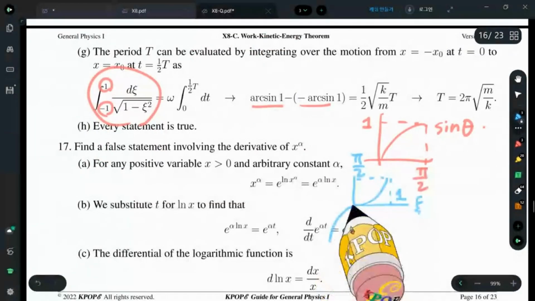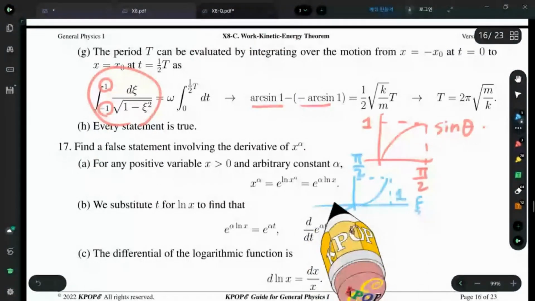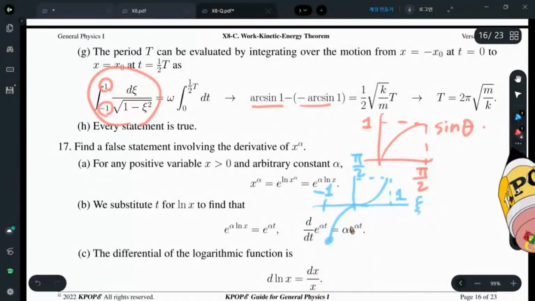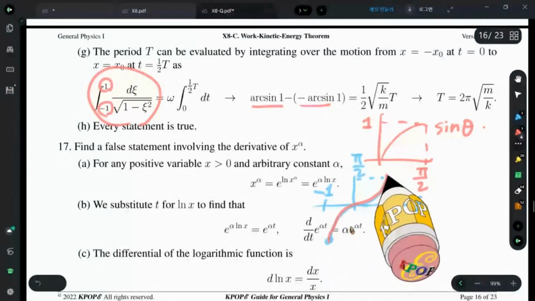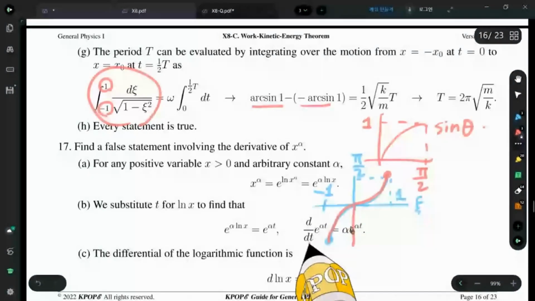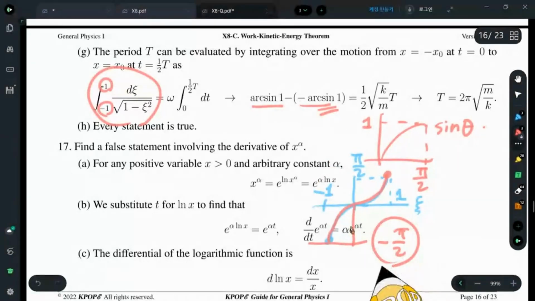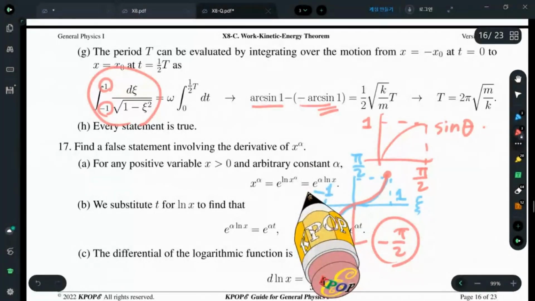And in here, x equals -1. Our starting point, from starting point to end point. So at the starting point, its arc sine value is minus half a pi. So finally,